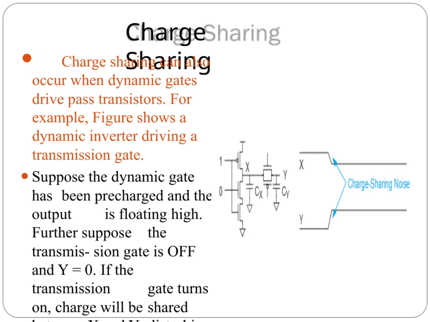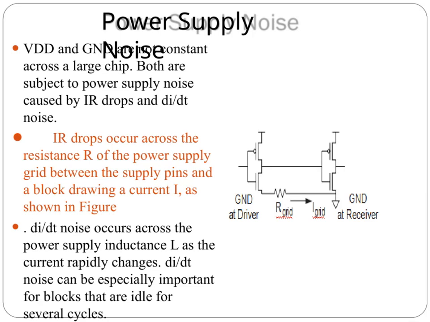Now, when the transmission gate switches on, the charge stored at the output node will redistribute between nodes X and Y. This sharing of charge causes the voltage at the dynamic output node to drop, which disturbs the expected logic level. Understanding this effect is crucial because it can lead to incorrect logic operation if not properly managed in circuit design. Power supply noise is an important factor to consider in chip design because both